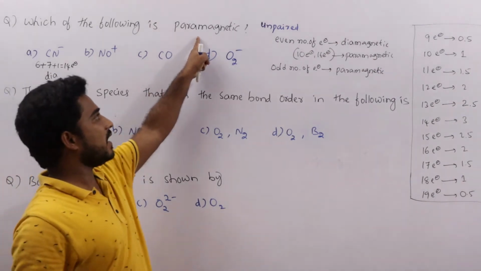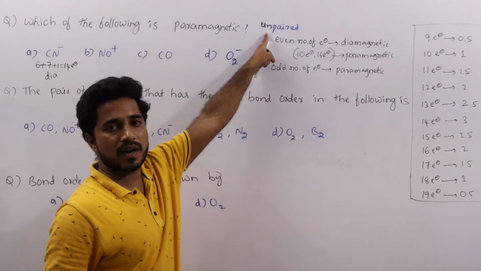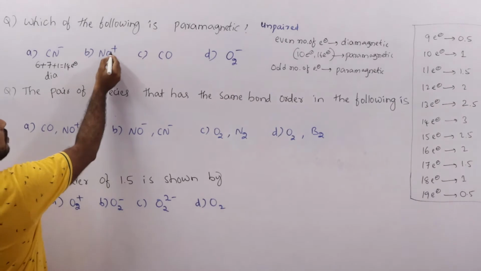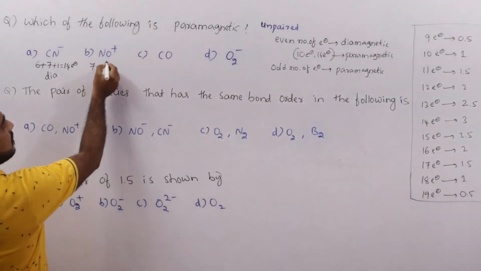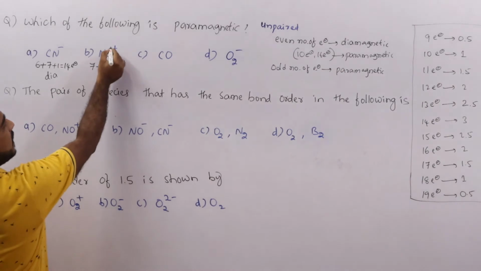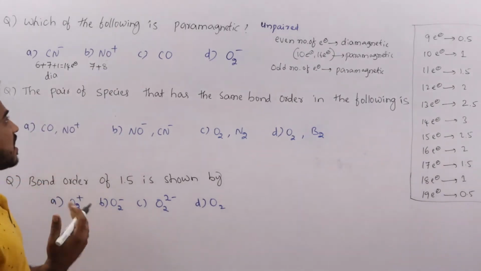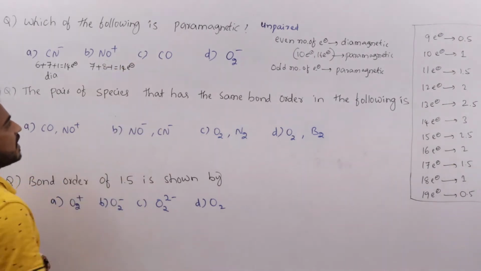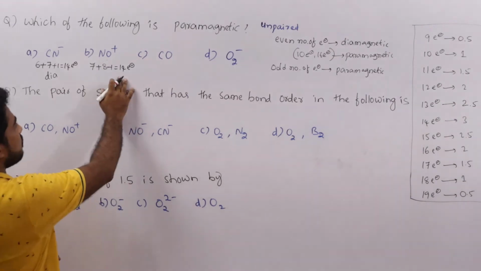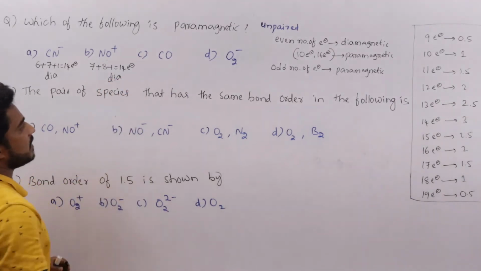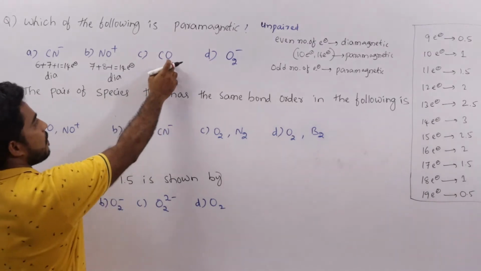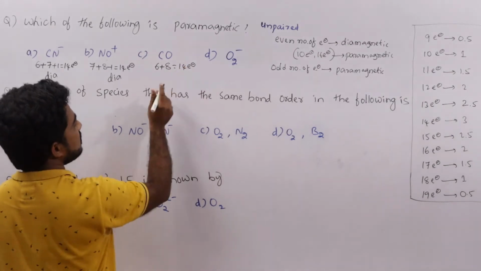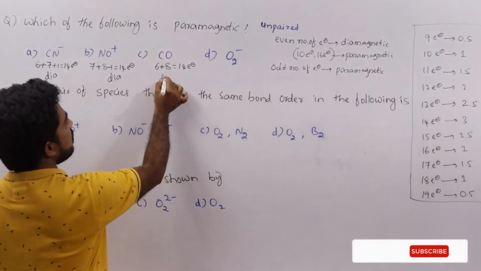Paramagnetic means at least one unpaired electron is required, and diamagnetic means all paired electrons. NO plus: nitrogen 7 plus oxygen 8 electrons, and the plus charge means loss of 1 electron, so minus 1, giving 14 electrons. This is also an even number, so it is diamagnetic. CO: carbon 6 electrons, oxygen 8 electrons, totally 14 electrons, also even, so it is also